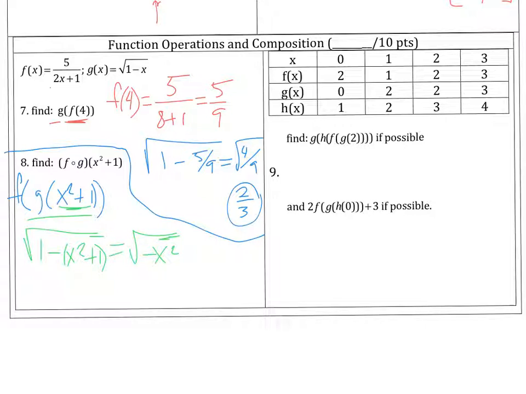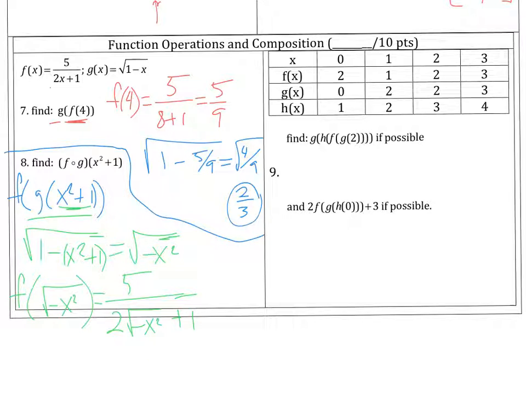Now we're going to plug this into f. So f of the square root of -x squared plus 1 would end up being 5 over 2 square roots of -x squared plus 1. And in fact, you can just leave it like this and call it a day. Okay,